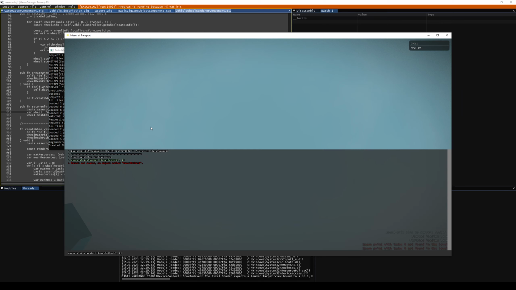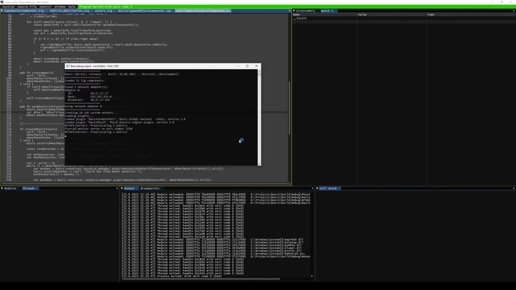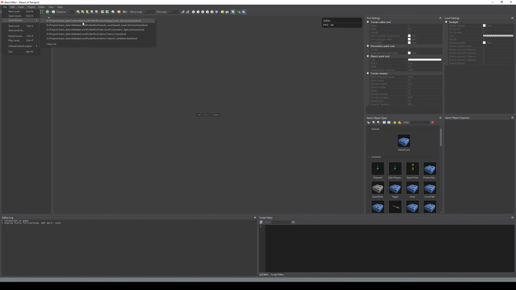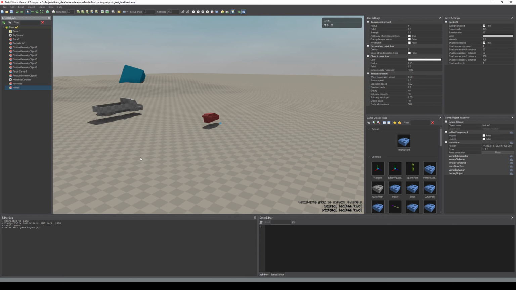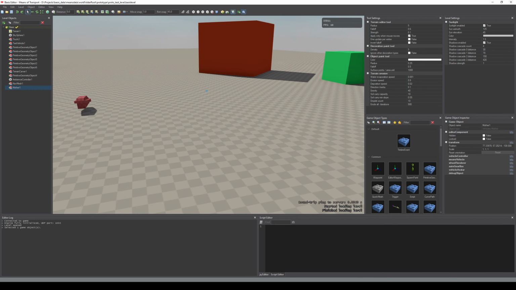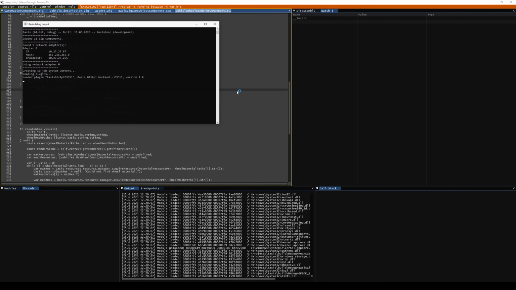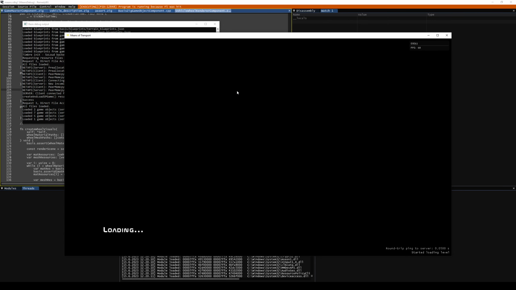No object called base mother1. Okay, and that would be because we only added the mother vehicle to the level at a pretty late date. Here we have it. Can't see it yet because it doesn't have any visuals yet, but we will actually fix that next. But now that we've exported the level, we should just be able to go in here and